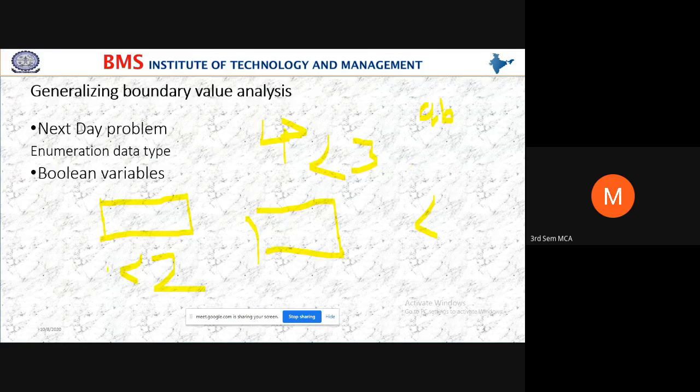No. So for name you can take a boundary value: should not be less than 2 and not greater than 10, or 15 also you can give. Like this you have to write boundary values for the registration form. Whatever fields you are taking, students, for all the values you have to mention the boundary values.